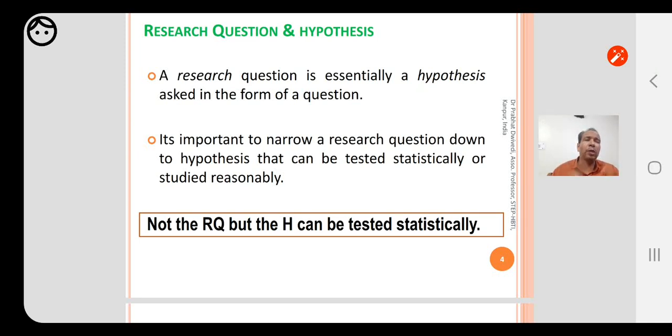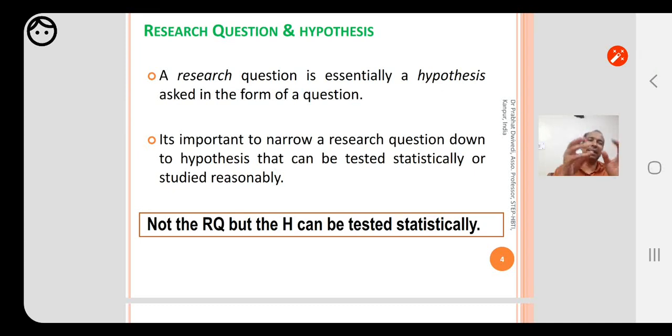But why do we try to convert that question into hypothesis? Because a question cannot be tested statistically, but the hypothesis can be. No statistical tools and techniques are made to test a question.